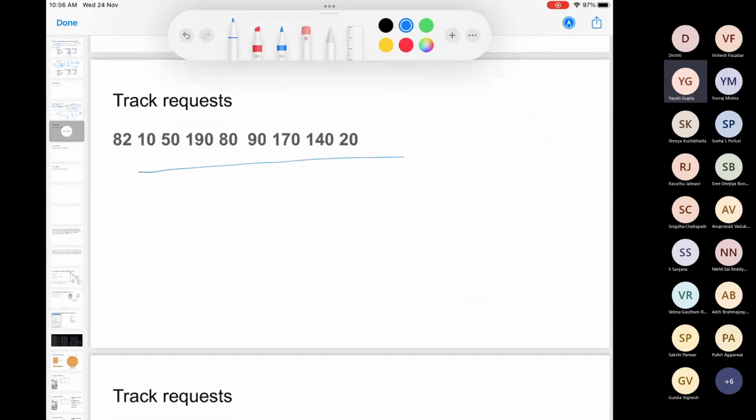So how are we going to do it in this case? Let's again take it here. So currently let's say we are at 82, right? Next we are going to go to 80. So it is 2 milliseconds here. From 80 to 90, where will we go from 90? So this one is done, this is done, this is done. Here we are assuming that no new requests are coming with time, just for the sake of simplicity to understand the examples.